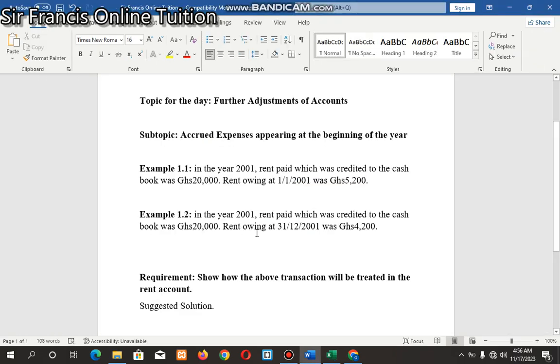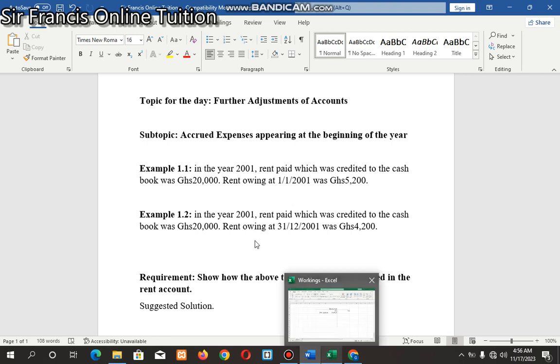Now rent owing at the end of the year, which is 31st December 2001, was 4,200. In the previous explanation I said rent owing at the end of the year is part of the current year expenses, so it should be added to the one that we've paid. In adding an amount to an expense account, what you have to do is to debit that particular account. So we are going to debit our rent account with an amount of 4,200, and because it is owing at the end of the year,